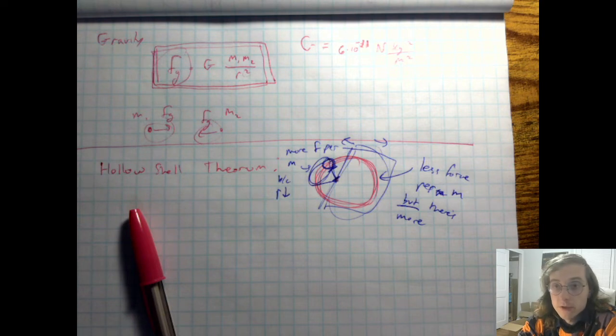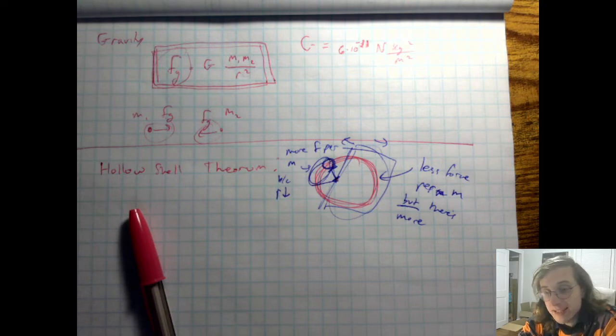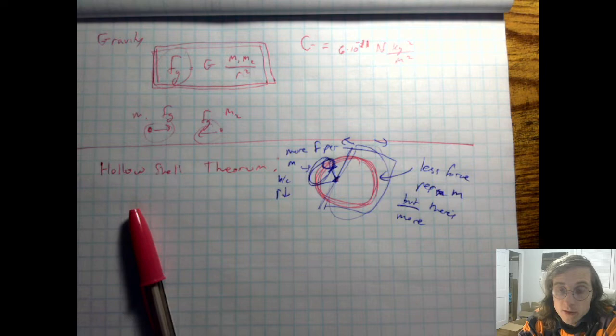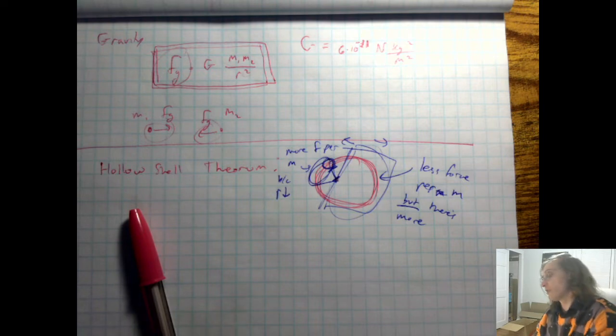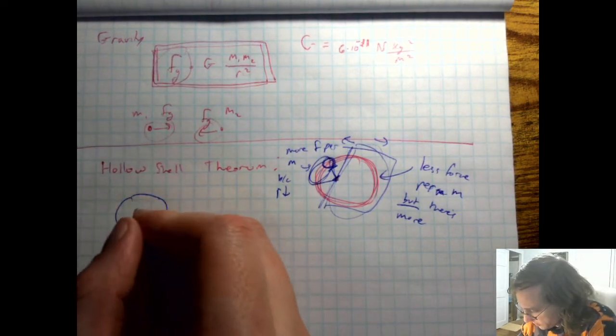So if we were to tunnel through the Earth, as we got closer to the center, we'd have less and less mass above us, or below us, and the mass that was above us wouldn't be putting a force of gravity on us because it's a hollow sphere. So if we make one really big assumption here, I guess two really big assumptions, the first of which is that the Earth is a sphere, and the second of which is that the Earth has a uniform mass density. Then if we wanted to find the force as we traveled through the center,